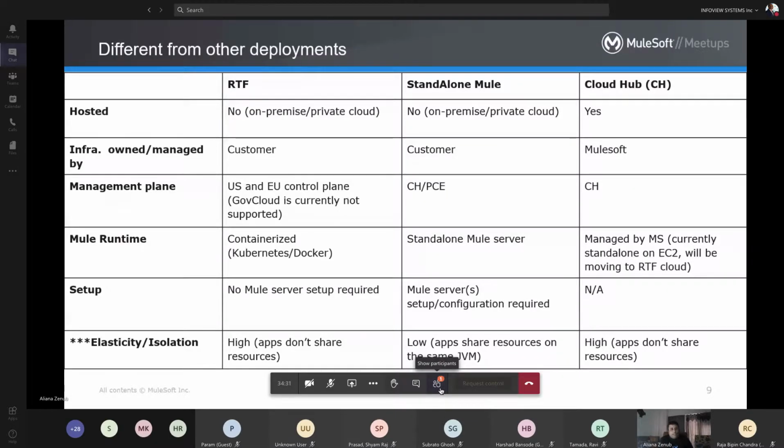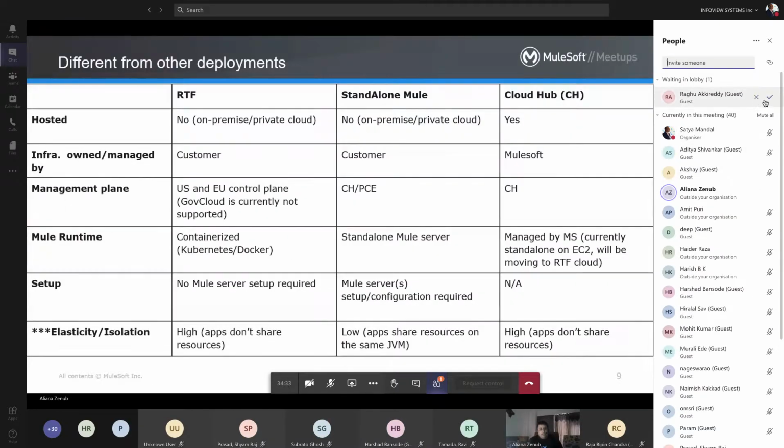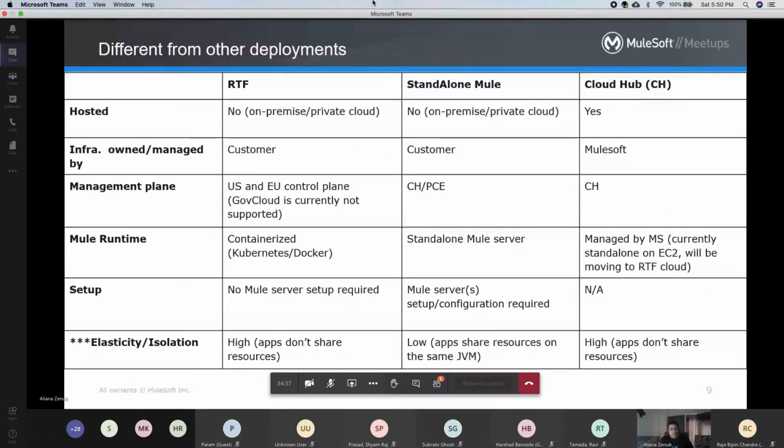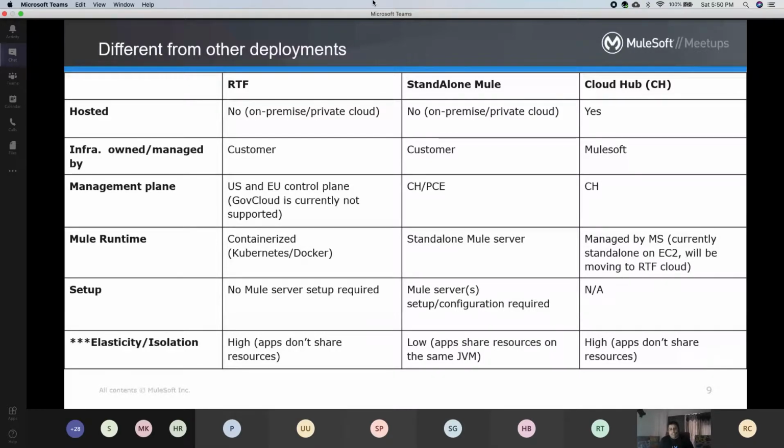Mule runtime, as I stated, is the containerized platform that helps to isolate the deployments for each application, and acquires the resources needed based on the configuration we provide in the control plane in Anypoint Platform.